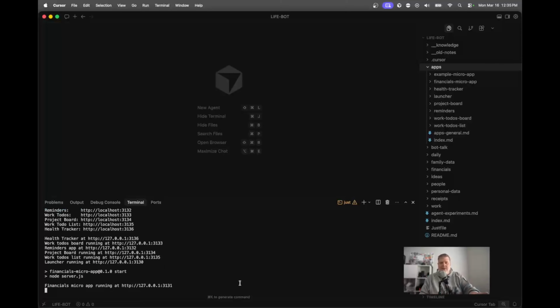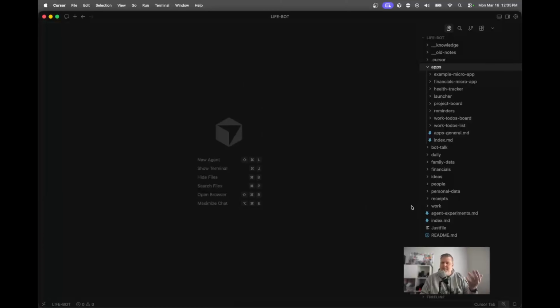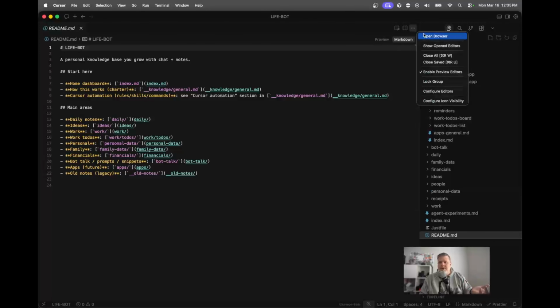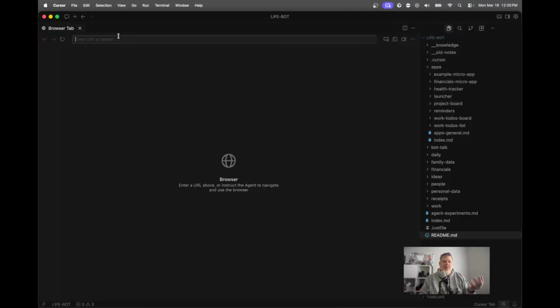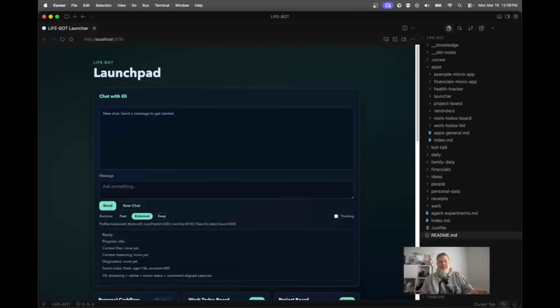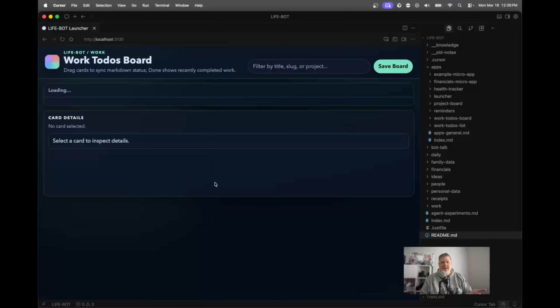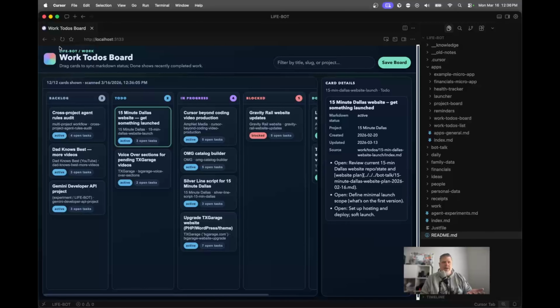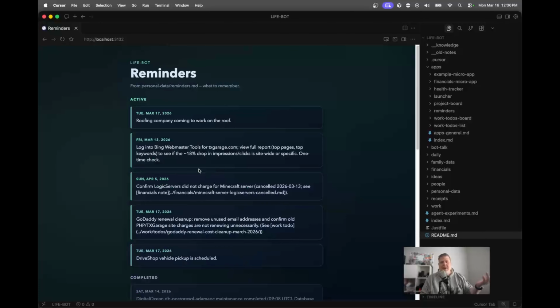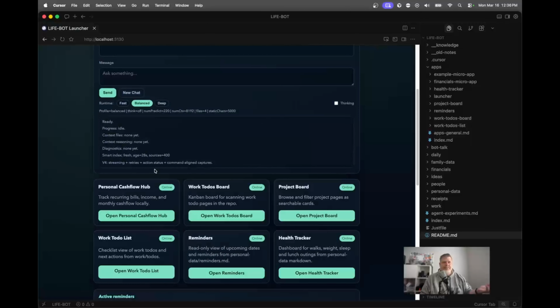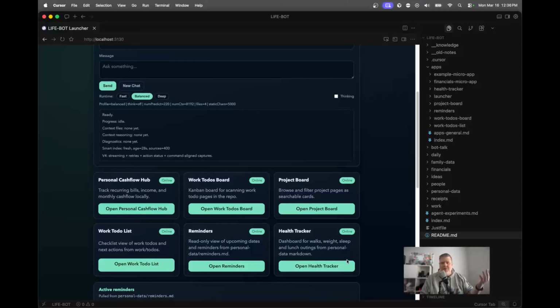So I just run all the apps with a just command, and then Cursor has a browser. It's not always easy to get to. And then I have a launcher that has the different apps that I have here. So you can see my work board here, my reminder list here, personal finance I won't show you,